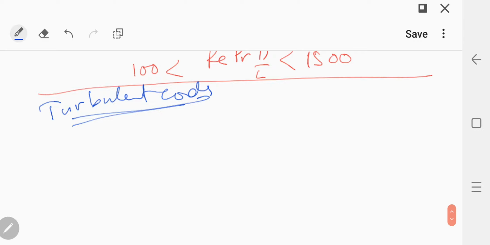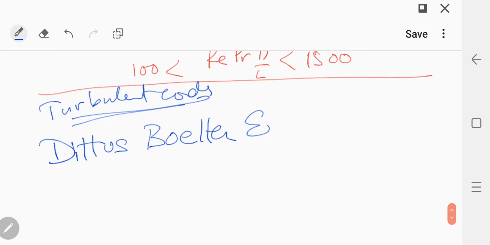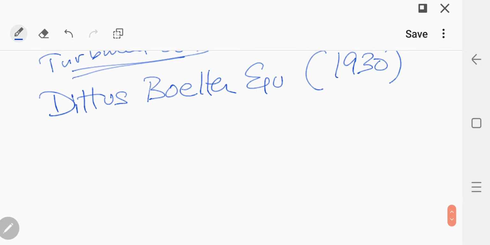Anyone? Any idea? Yes, it's the Dittus-Boelter equation. It was proposed in 1930,